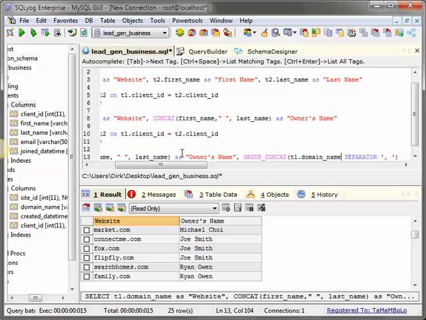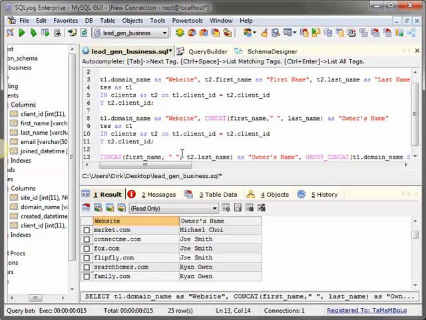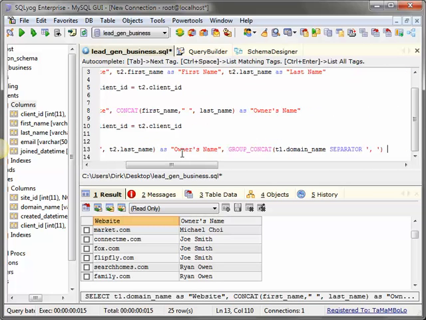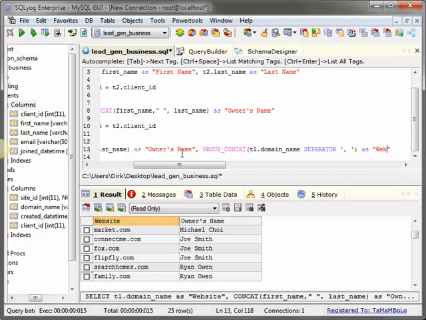And I forgot about this, I should have put T2 dot before the names. Okay, so group_concat, and then as what name are we going to use? Let's just use website.